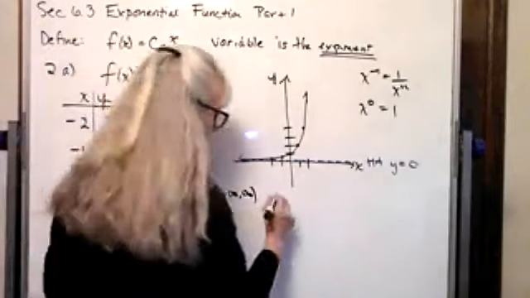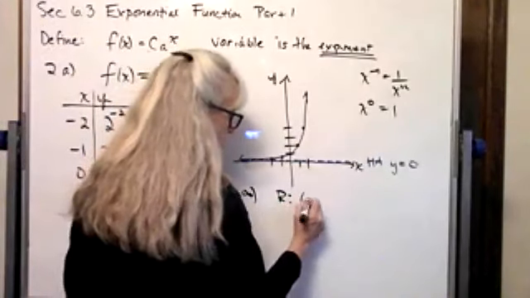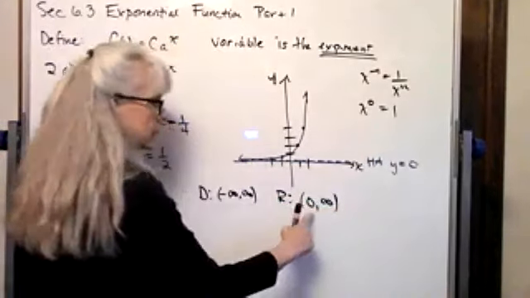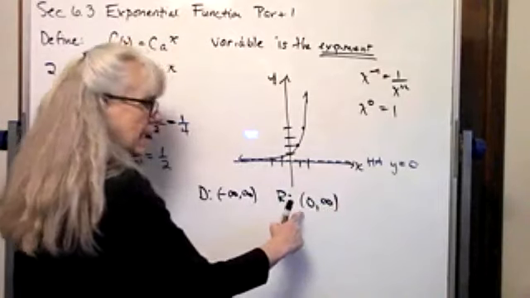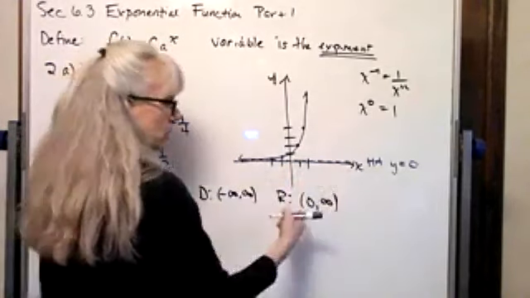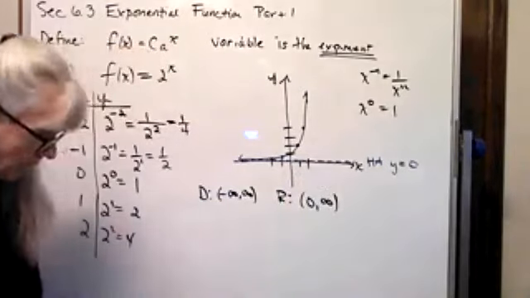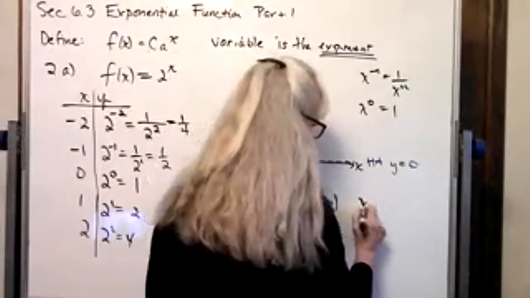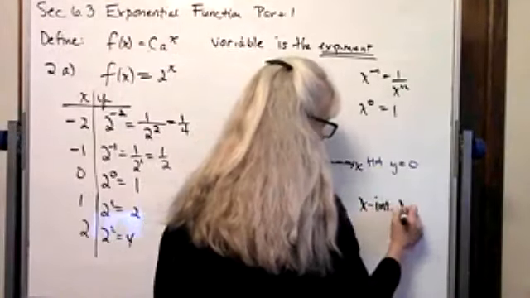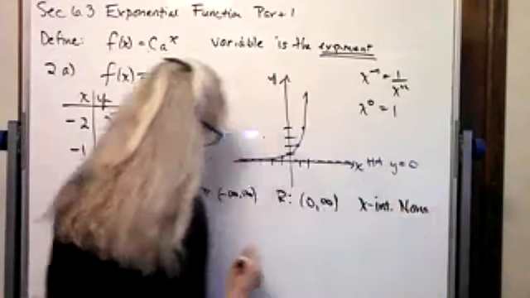The range, however, is a little more descriptive. We just said it's not going to go below 0. So it's going to start at 0 and go off towards infinity. It is exclusive. It's never going to touch 0. So we use a parenthesis there. There is no x-intercept. So for the x-intercept, there isn't one. We're going to write a 9. For the y-intercept,